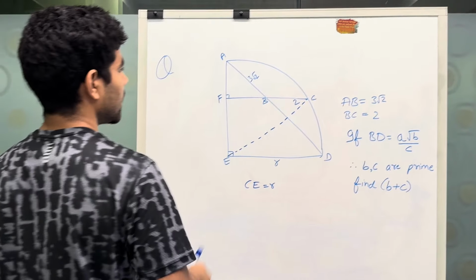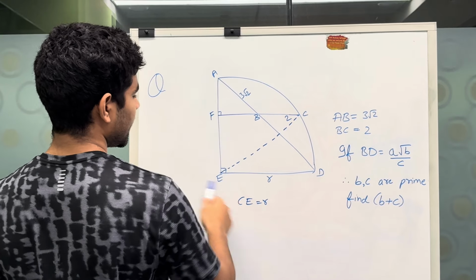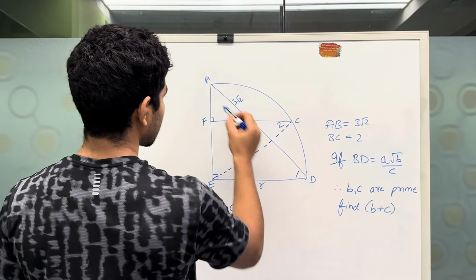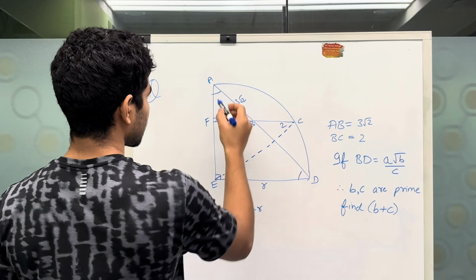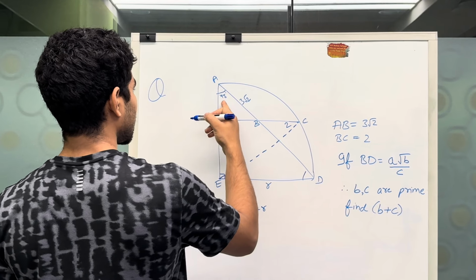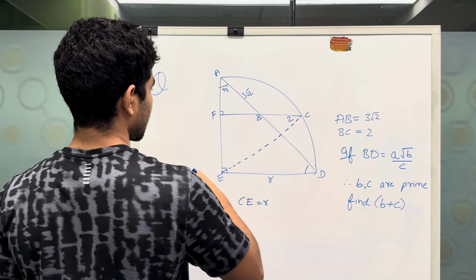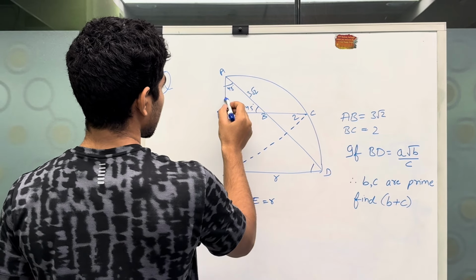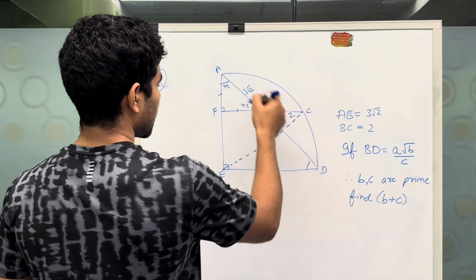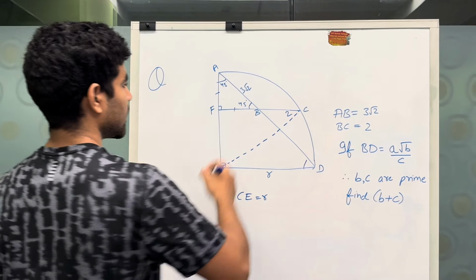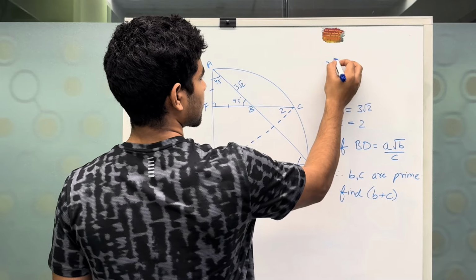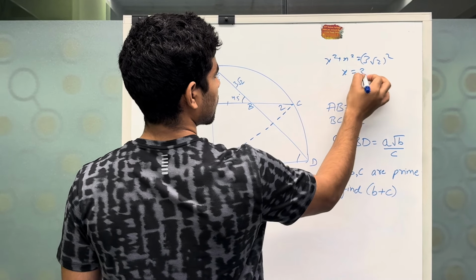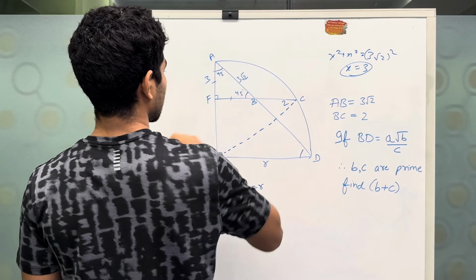Now side AE will be equal to ED because both are radius, hence these two angles will be equal, and it is 90 degrees, so it will be 45 degrees each. If this angle is 45 degrees, this angle is 90, this one will also be 45, and these both angles are equal, then these both sides are equal, and the hypotenuse is 3 root 2. Let's assume that the length of this side is x, so x square plus x square equals 3 root 2 whole square, where we can find that x is equal to 3. Hence this length is 3.